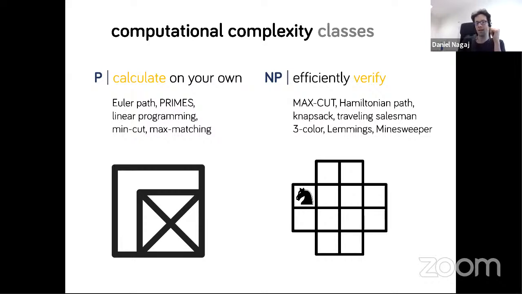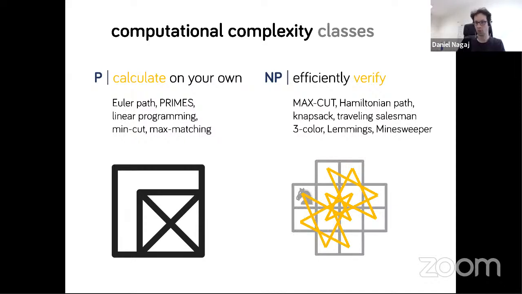You already see that there are many options that you can take, and for a generalized problem on a big graph, on a big chessboard, this could be quite difficult. But if I told you the solution, you can verify it and check that it's okay. Here, I'll give you the solution, and you can see that all the moves are legal chess horse moves, and we have indeed covered the whole chessboard and came back to the same spot. So this is an example of a problem in the class NP. You can efficiently verify solutions to these problems.